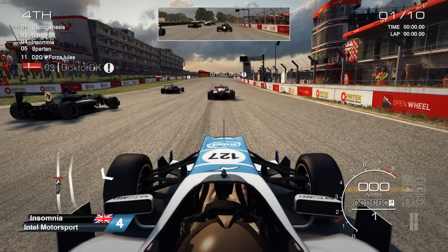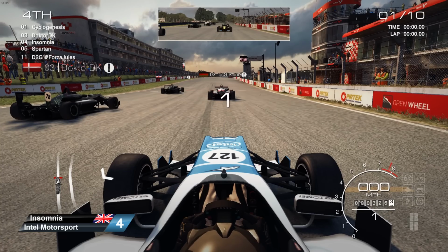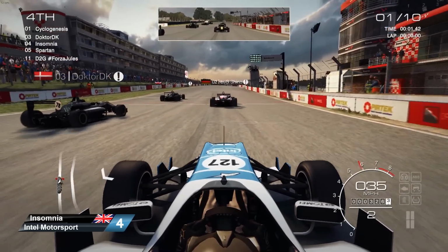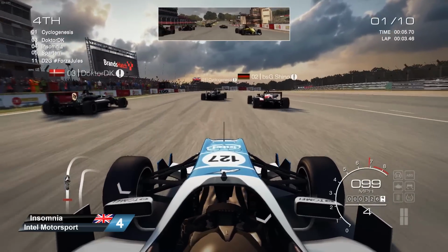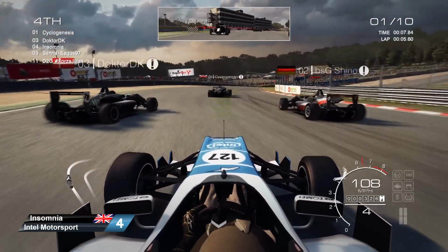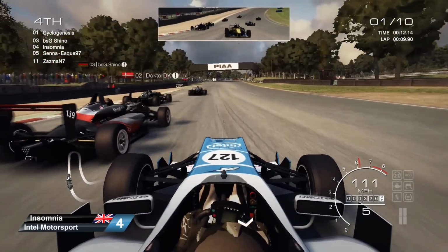here as we are on the grid waiting for the lights to come on now, and we've got them now ready to go. The engine's revving and they're away. We're on board with Insomnia of the Intel Motorsports, the leading Intel Motorsports car here. The very short run into Paddock Hill Bend, very short indeed, not a lot that you can do there, but